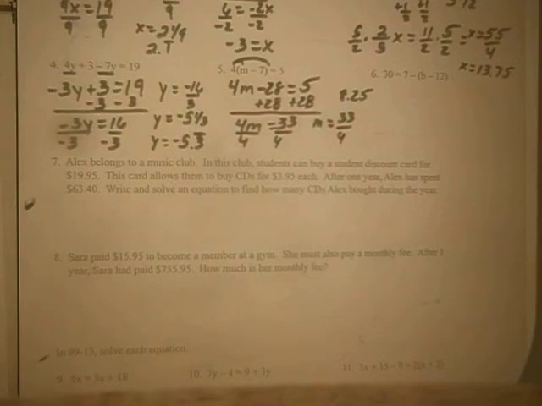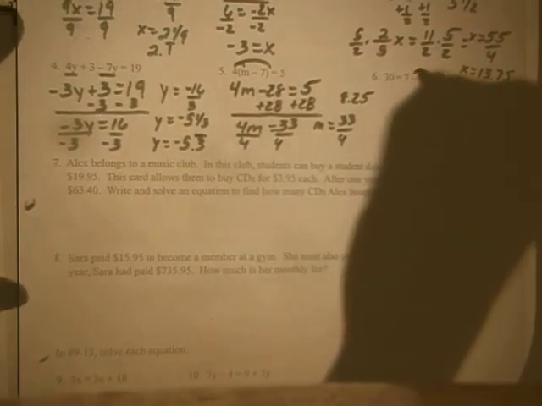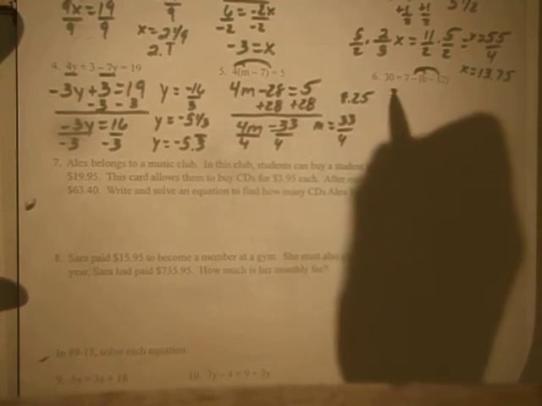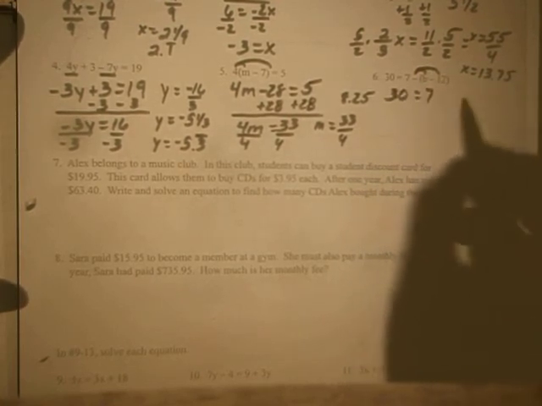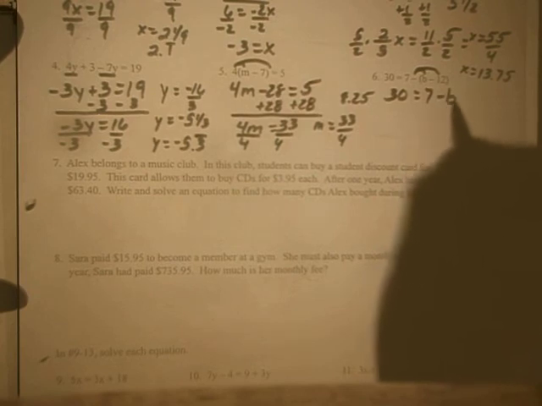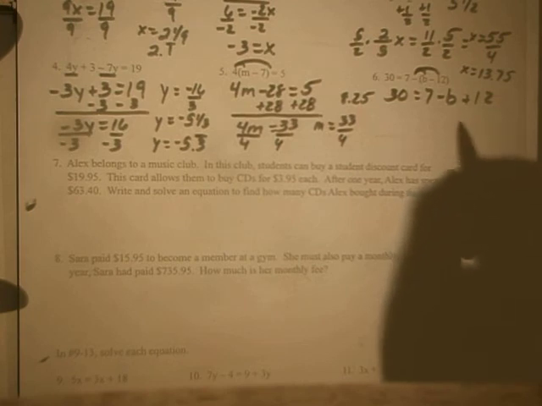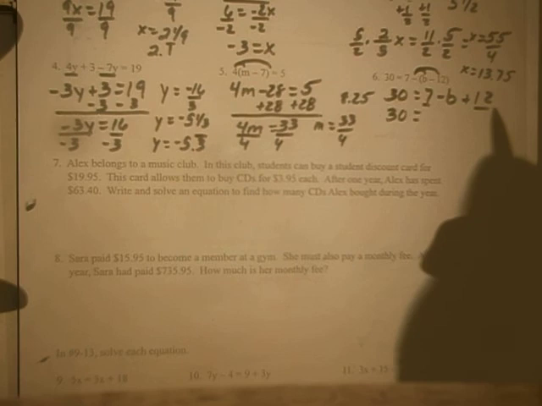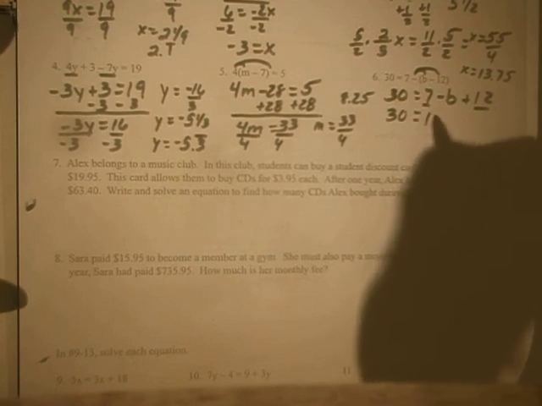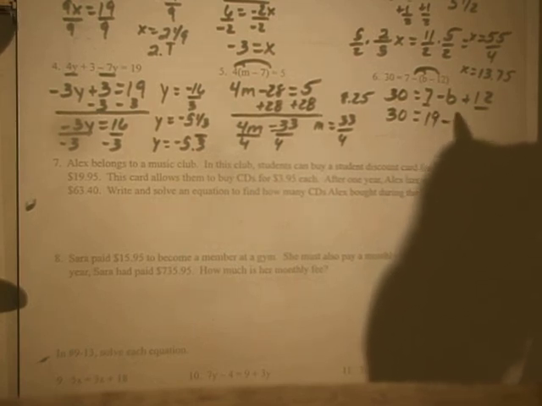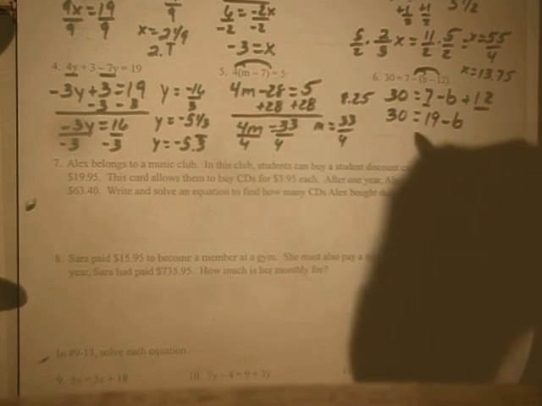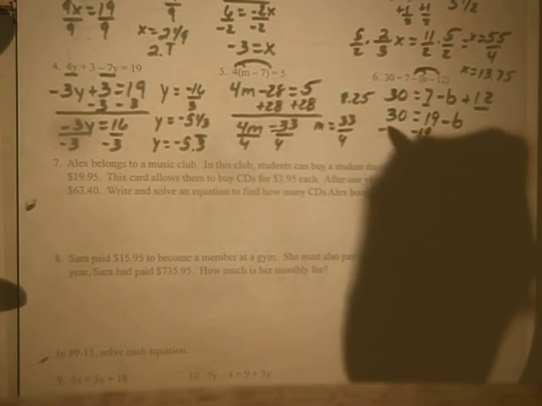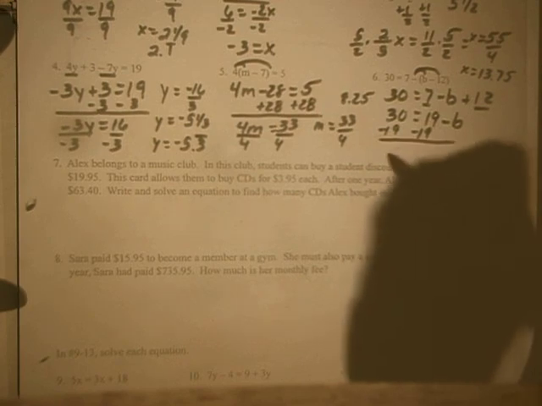Number 6, we need to distribute this negative across the whole quantity. That becomes 7 subtract b. Subtracting a negative is plus 12. On the right hand side, we're going to put the 12 and the 7 together, which is a 19. Subtract b. From there, we subtract 19 from both sides, and we are left with 11